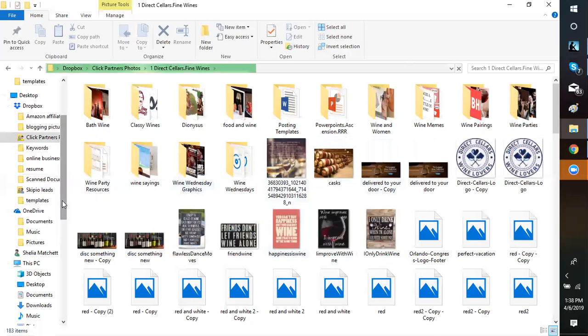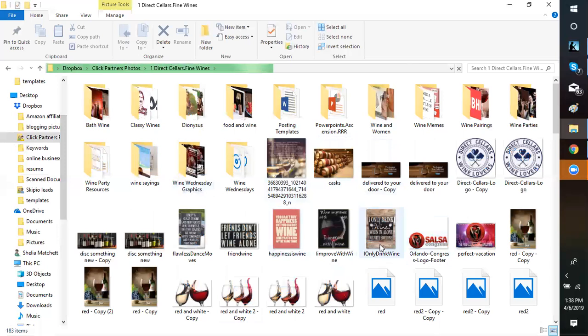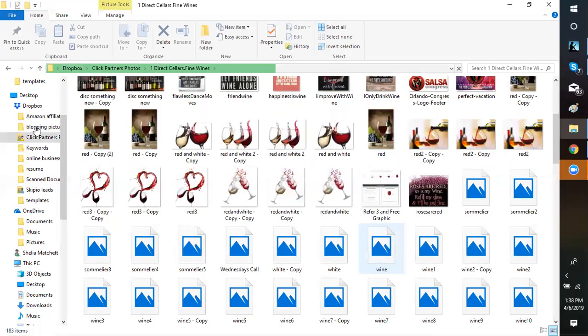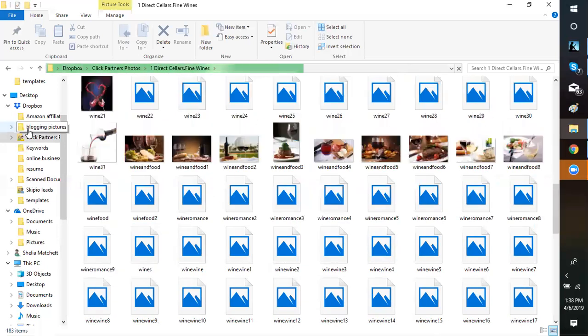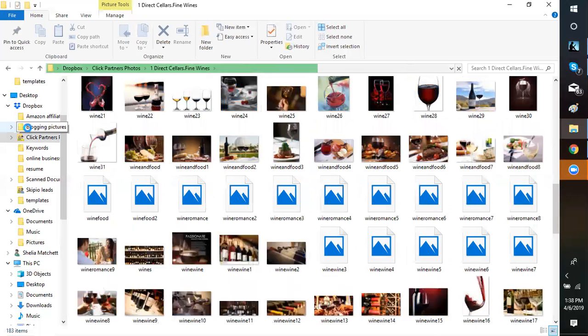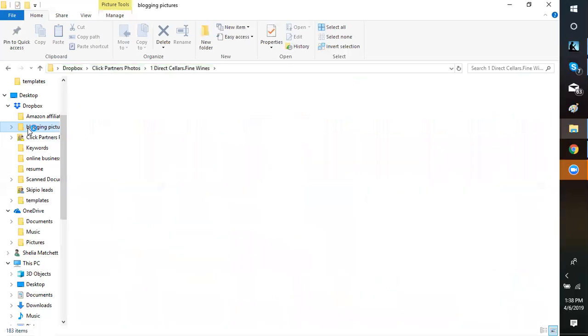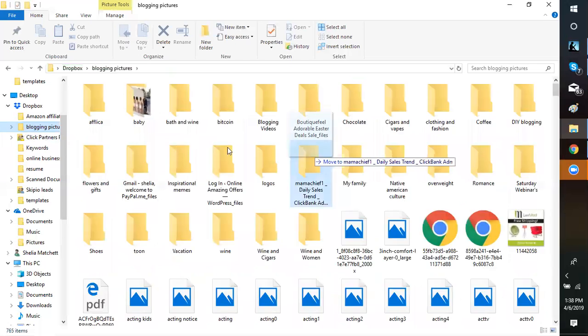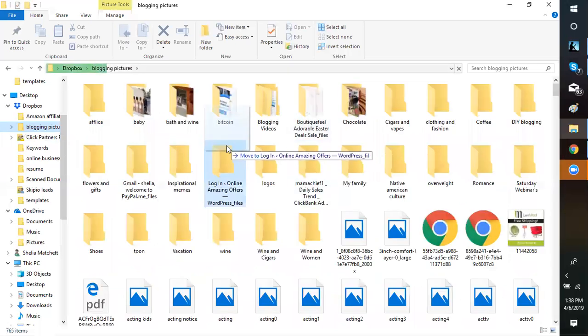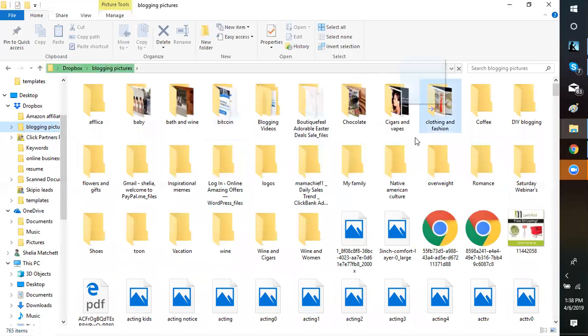If you have Dropbox and you don't have the memory to add Roy's, then what you can do is the same thing I did. I just used my Dropbox before I got Roy's. I created a folder in it and put blogging pictures. Okay. And then what I did was, let me get it pulled up. And these are my pictures that I got myself from Google. And I created my folders based on the information I have, like